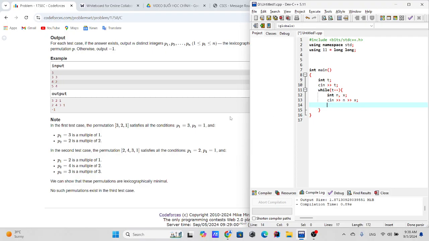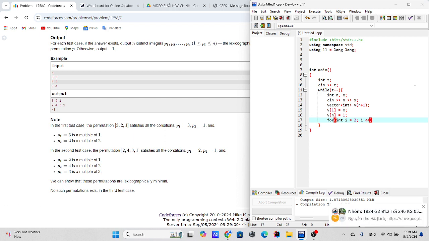Actually, I don't think this is really necessary, and we could do it another way, right? Okay, so let's create a vector of size n plus 1. V1 will be x, and Vn will be 1, right? So for int e is 2, e is up to n, e plus plus